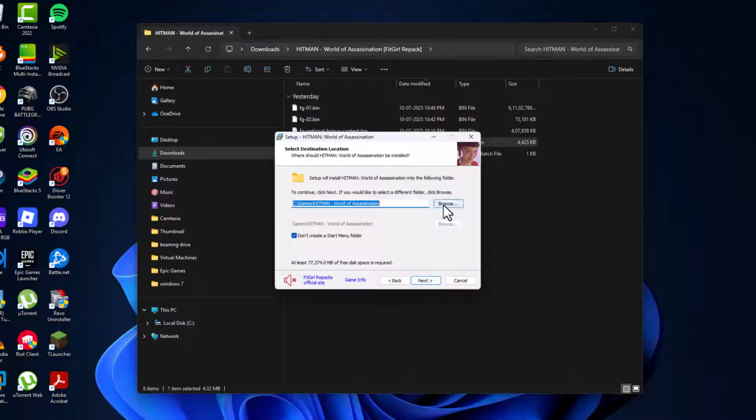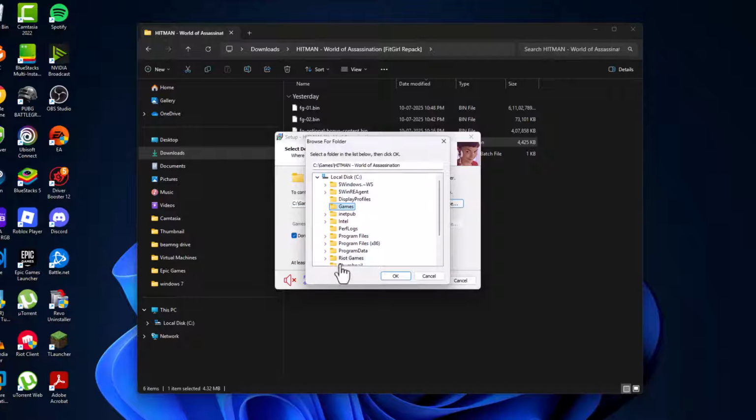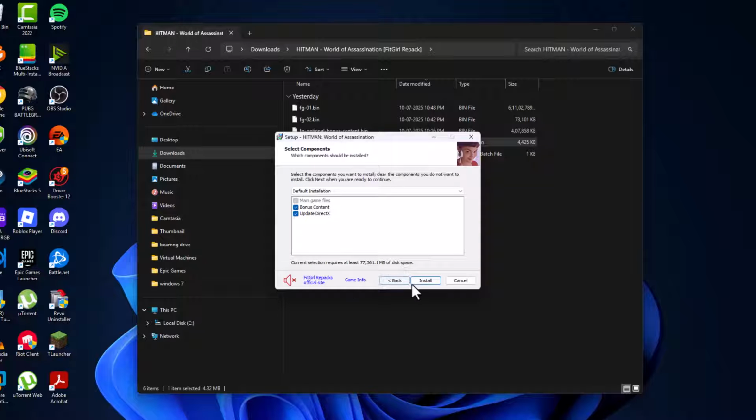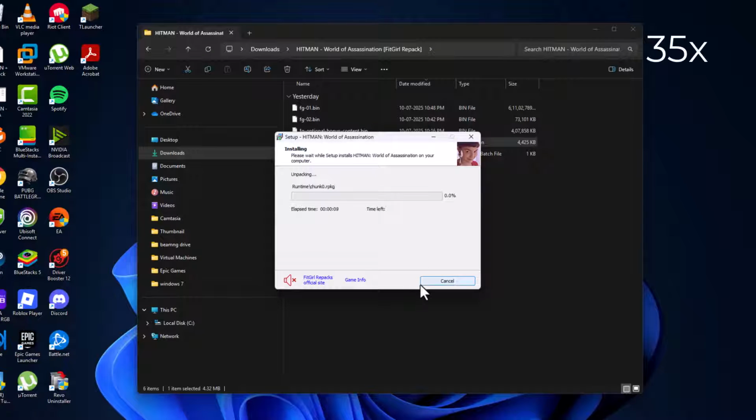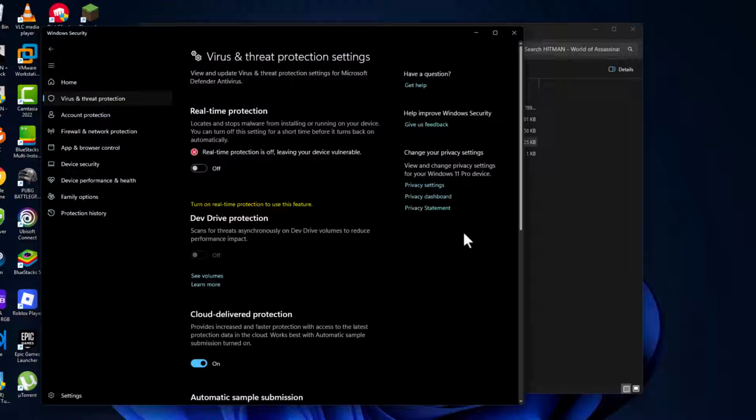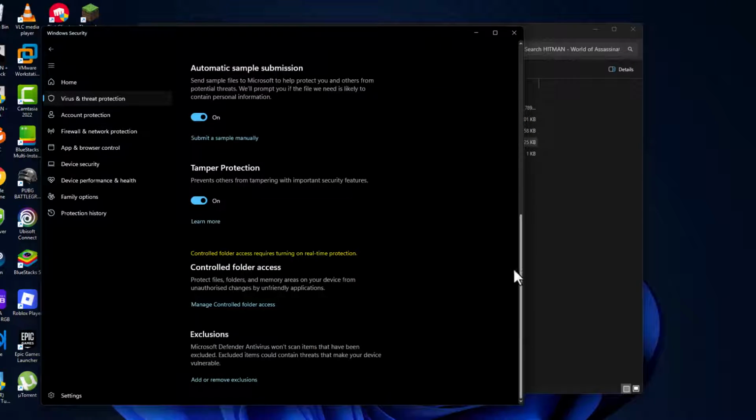Select next. Select the browse option and select the location where you want to save this game and select OK and select next. Check all these and select install option. After the installation is done, you just need to open up the Windows Security we minimized before and scroll down and